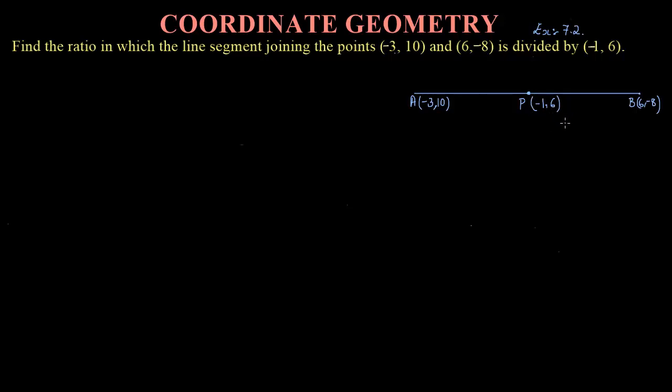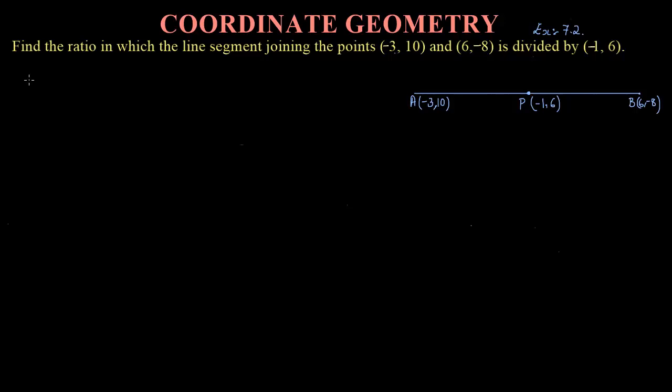Okay, so this is just the opposite of the problem that we discussed in our previous video, where we were supposed to find the coordinate of the point which is dividing the line in the given ratio. So in that question they had given you the endpoints and also the ratio, and they were asking you to find the coordinate, right? So you can visit that video as well and watch that. Okay, so let us start this problem.